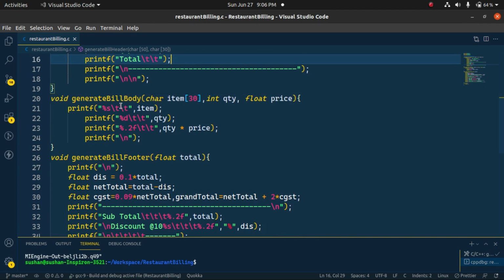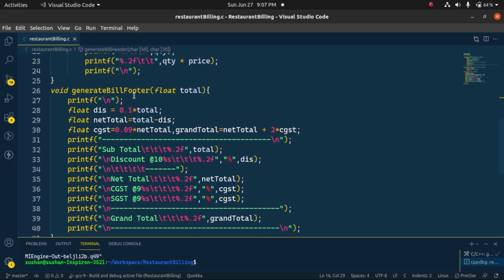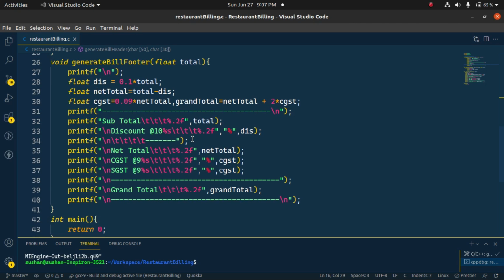Then for the bill body, I have written a function, generate bill body. It will take 3 arguments, the item, quantity and the price. So the bill body will contain the different items, their quantities and their unit price. So I am printing here the item, the quantity and the quantity times price, that is the total price of that item. And here the generate bill footer is taking only one argument, that is total, for showing the